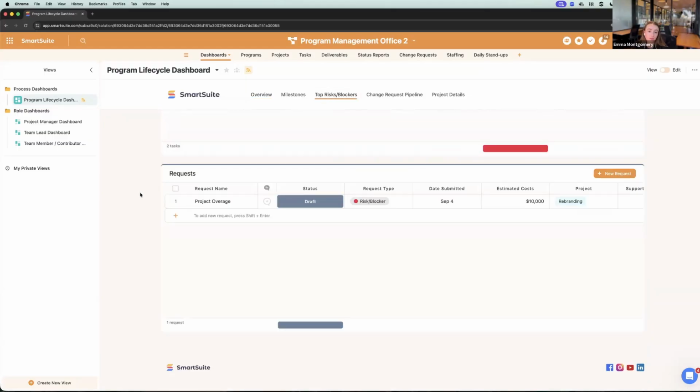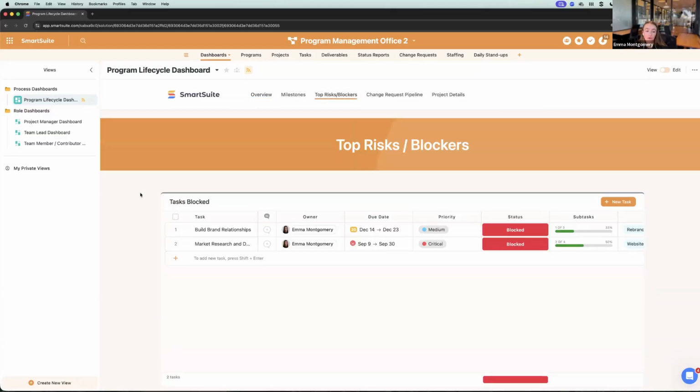I'm going to go into risks or blockers. So pointing people who need to know when these tasks or projects are blocked is critical. So having a place that it funnels into is very useful, because rather than looking through these spreadsheets and trying to navigate, or the fear of someone not updating a status to be blocked,